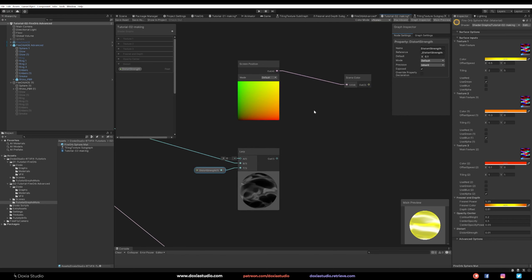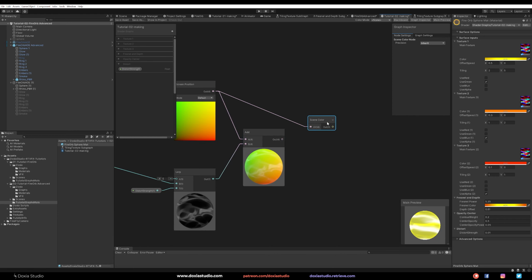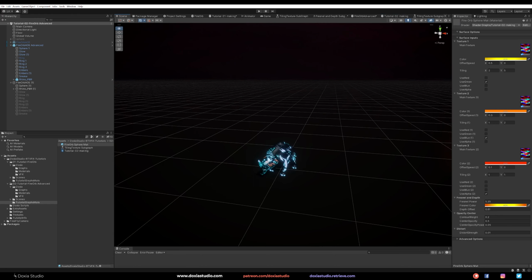Then just go here and press add, put an add node. We are going to use that texture to affect our UVs, and then link here. If you want to see this in action, let's do it with this alpha. Okay, let's save the asset and let's see the distortion working.